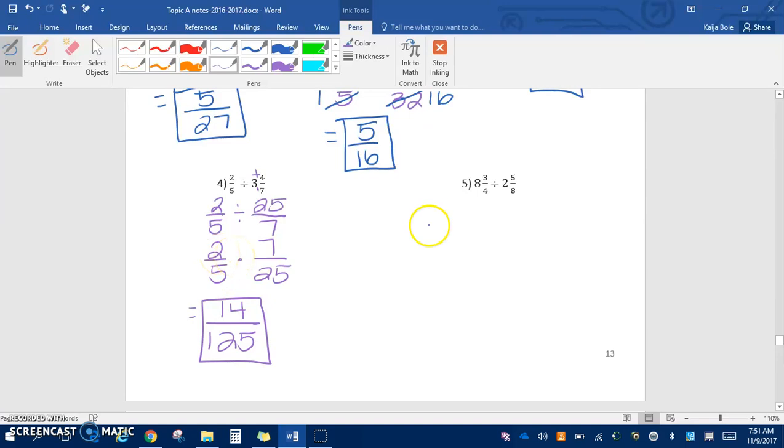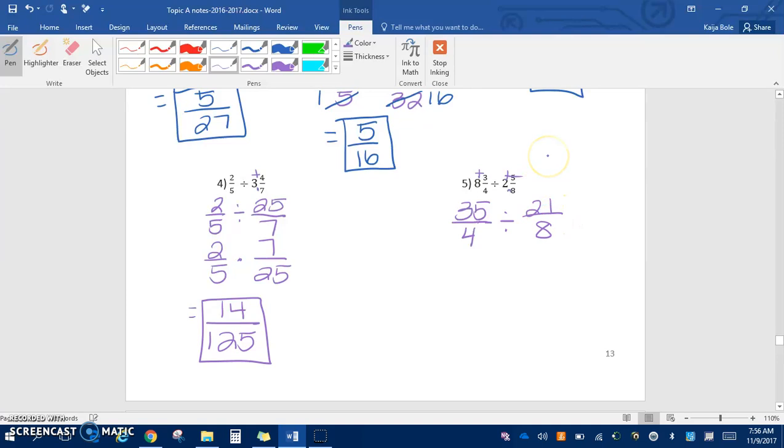Alright, and then our last one here, number 5, we have 8 3/4 divided by 2 5/8. First we need to change both of these to improper fractions. So in the first one, 4 times 8 is 32, plus 3 gives us 35, keep the denominator over 4, divided by 8 times 2 is 16, plus 5. Okay, so 8 times 2 is 16, plus another 5 gives us 21. We keep the